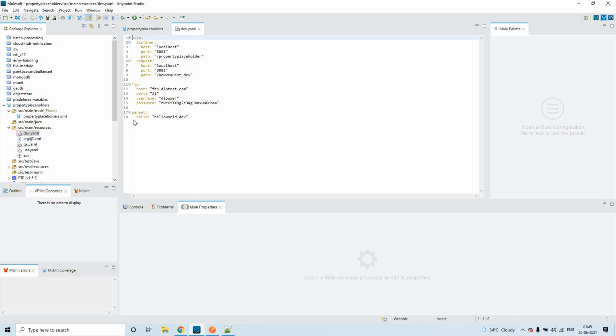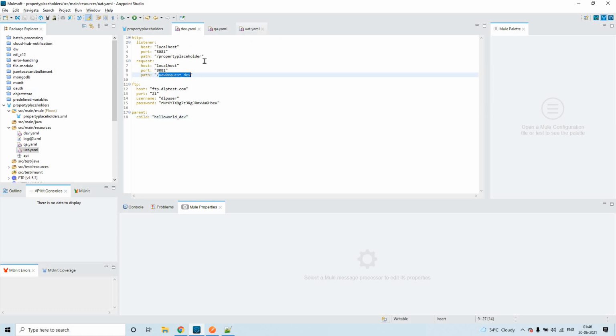I have added parent and child like this, and just to distinguish between different environments, I am changing the value here. I have set it as hello world underscore dev, hello world underscore QA, UAT, the corresponding change. You could also see some difference in the HTTP request paths: new request underscore UAT, new request underscore QA, and here new request underscore dev.